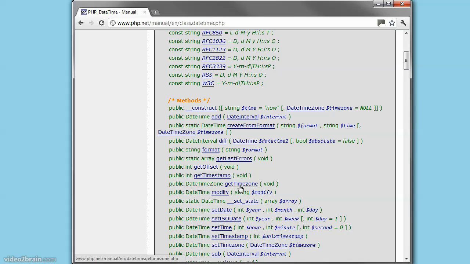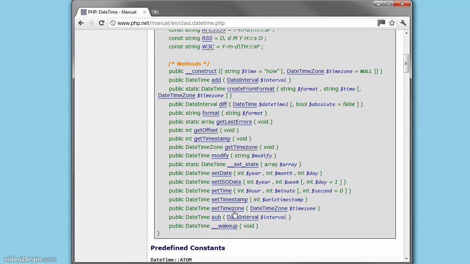So you've got the getTimeZone method, which gets you the time zone, or the setTimeZone method, which allows you to set the time zone to a different one. I don't intend to go through everything that you can do with the DateTime and DateTimeZone classes. The purpose of this video is to explain how to create an instance of a class, to create an object, and how to access its methods. So let's go to my editor,